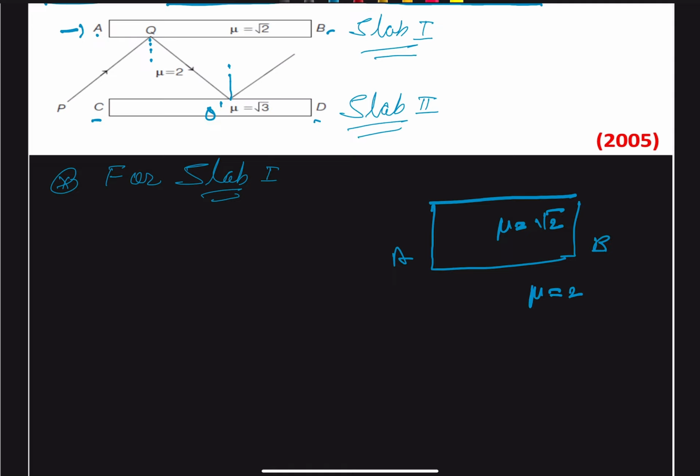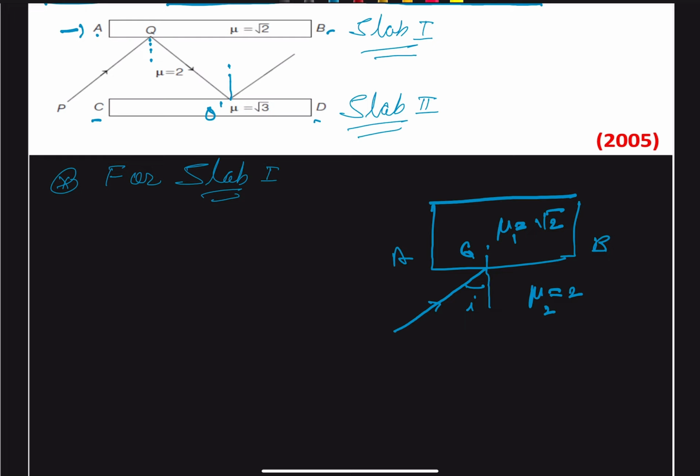Let us call this mu1, and this mu2. And the ray of light is incident at this particular point that is given as Q. Let us suppose the angle of incidence is i. So obviously square root of 2, that is 1.414, and 2, so mu2 is greater than mu1,